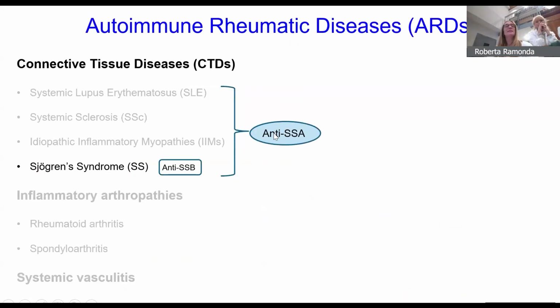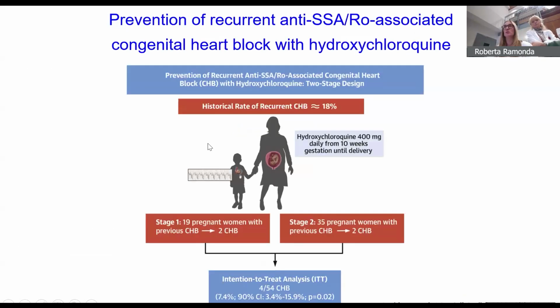As you can see, these antibodies are not found only in lupus patients, but actually in every type of connective tissue disease. And this study demonstrated that hydroxychloroquine is able to prevent recurrent heart block in women with this autoantibody